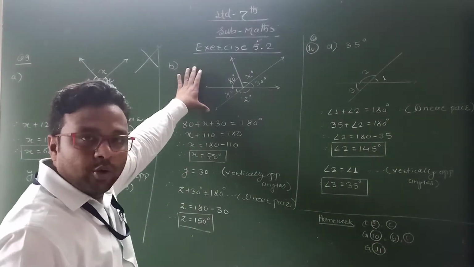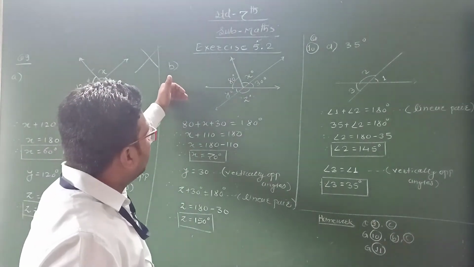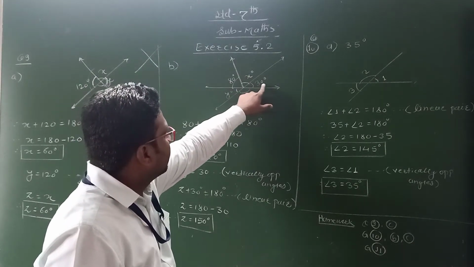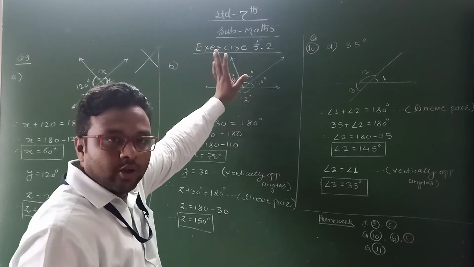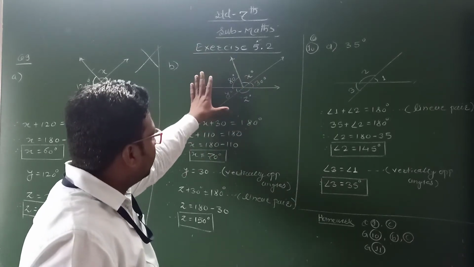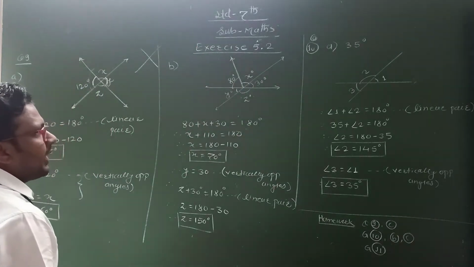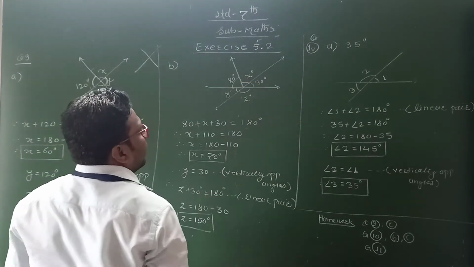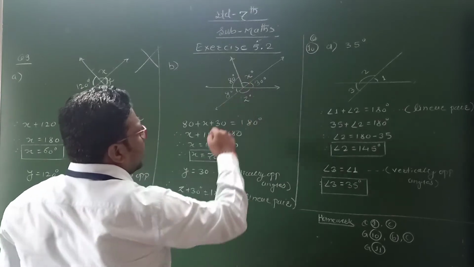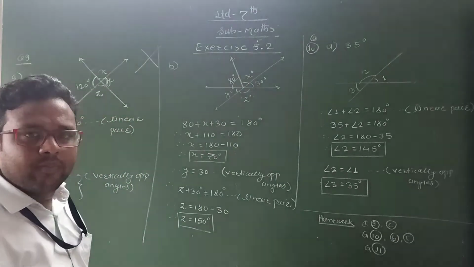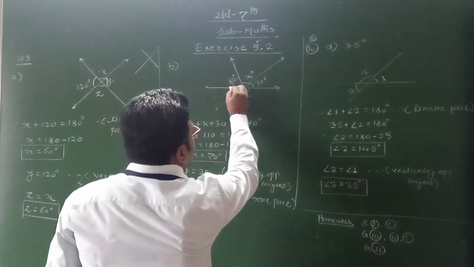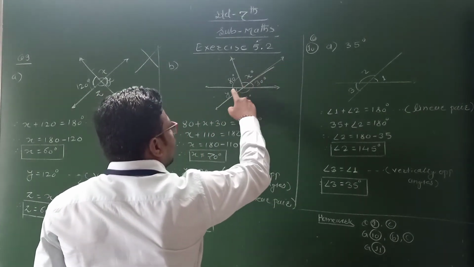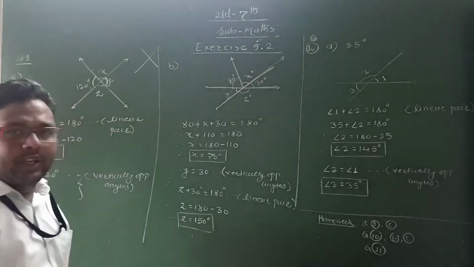This figure is given. Okay. We have to find out the value of x, y and z. This angle is given 30 degree, this angle is given 80 degree. Okay, using this information we find out the value of x, y and z. Now see, relate x with the given angle. Okay, now is there any vertically opposite angle with the x? No. Clear? See, these two lines are intersecting, then y and 30 degree, this angle is the vertically opposite angle.